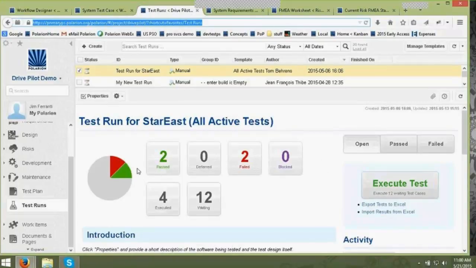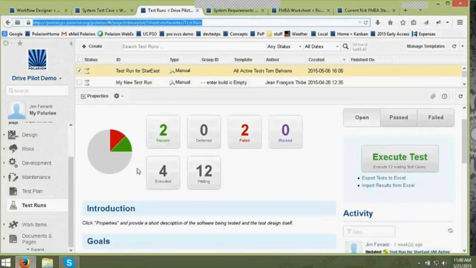We also can import the output of automated tools. If the tool is putting out something called an XUnit file, it's an XML file indicating the results of the tests that were run in the automated system. We can generally import those and again update this. So what you see now is a central location of manual and automated testing results.